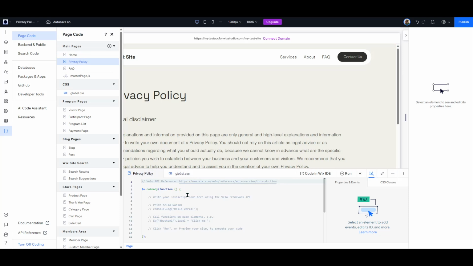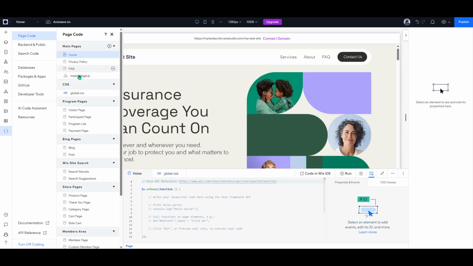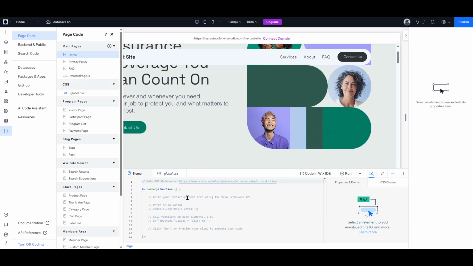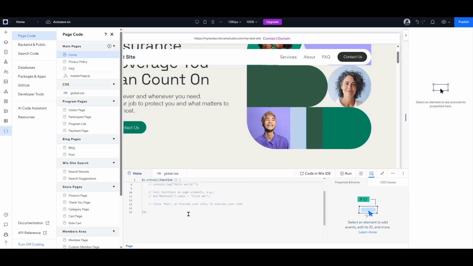Page-specific code affects only that page, while more general files can influence multiple parts of your site. Keeping the scope of your changes in mind will help you avoid surprises later. Next, select the page you want to work on from that left pane. With the file selected, the main editor opens to the right, and this is where you can start adding your